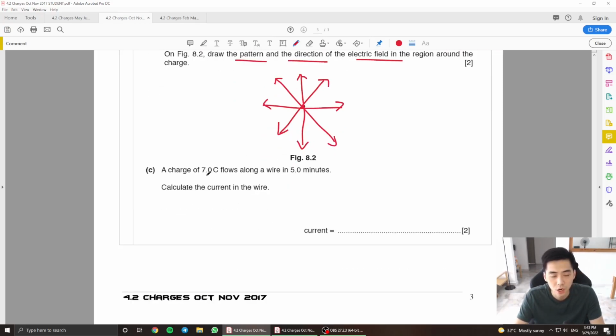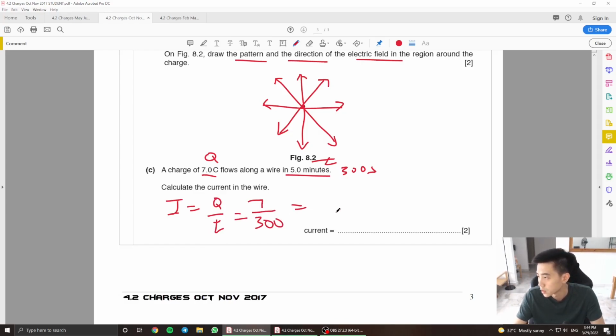And finally, a charge of 7 coulombs flows along a wire for 5 minutes. Calculate the current in the wire here. I have Q, I have T. Just make sure to change this into seconds, which is obviously 300 seconds. I will be equal to Q over T. In this case, it will be 7 divided by 300. Press that into your calculator, 7 divided by 300. You'll get 0.023 amperes. Okay,